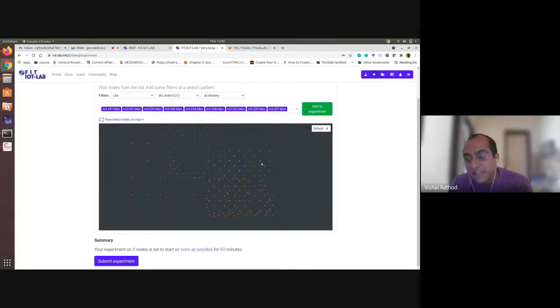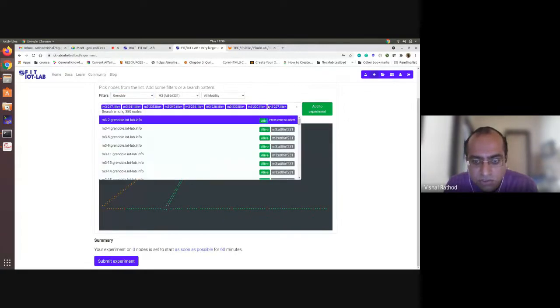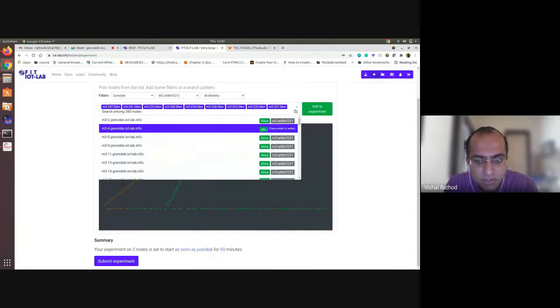So likewise, you can select it from any particular site. Now I want to remove this, and suppose I want to select the green nodes. Let me remove it first.